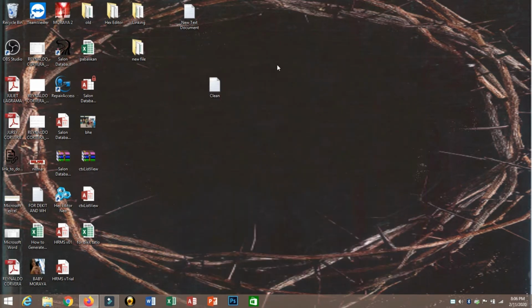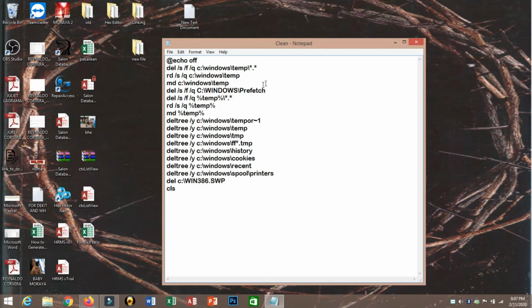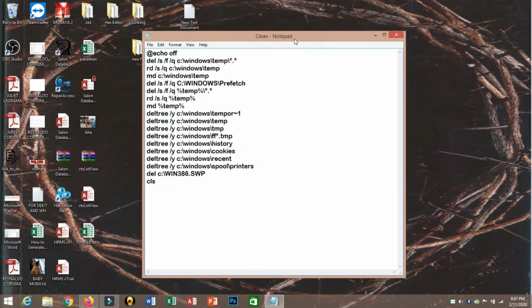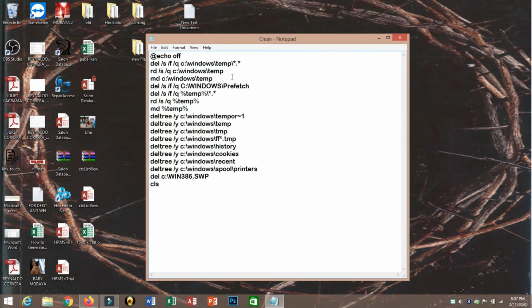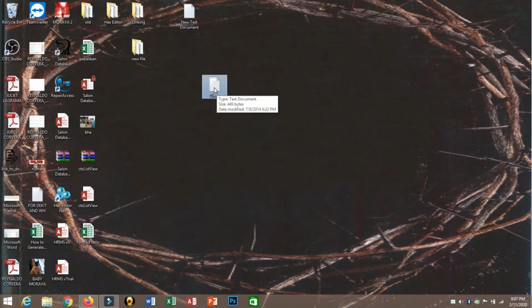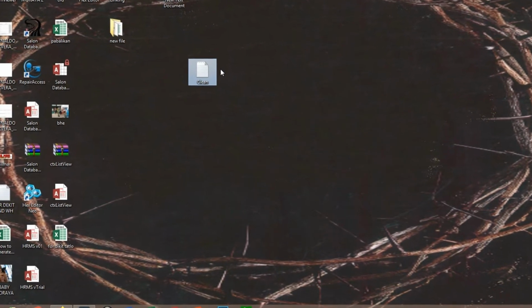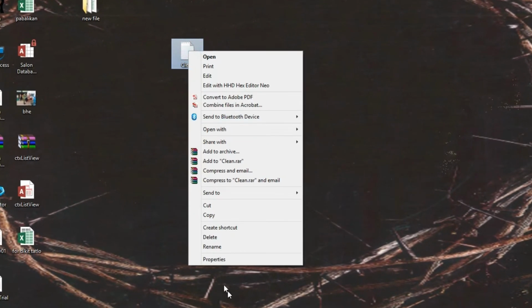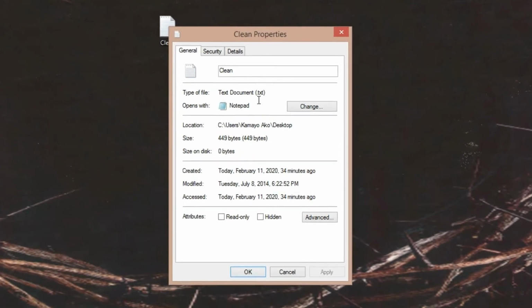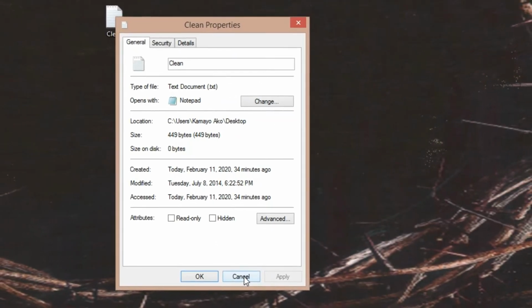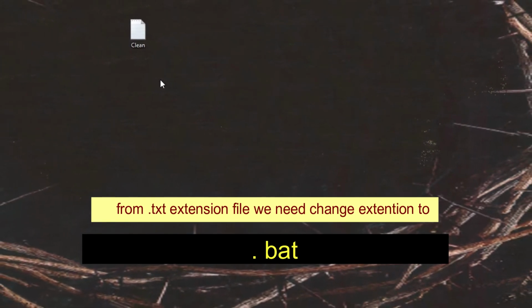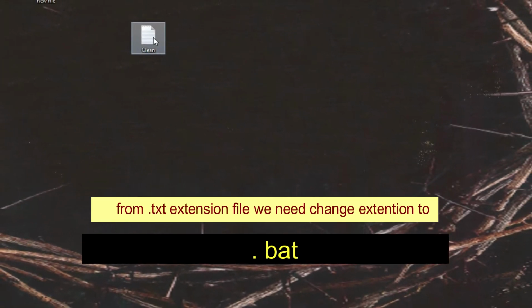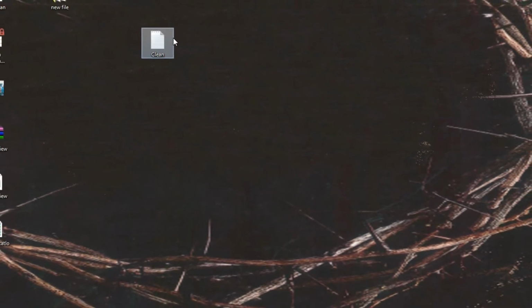So the first thing we will do, because if we click this one, it will not automatically clean our computer, is we need to rename the extension. As you can see here, the extension for this one is txt. So we need to change it to .bat. So how? So what we will do,